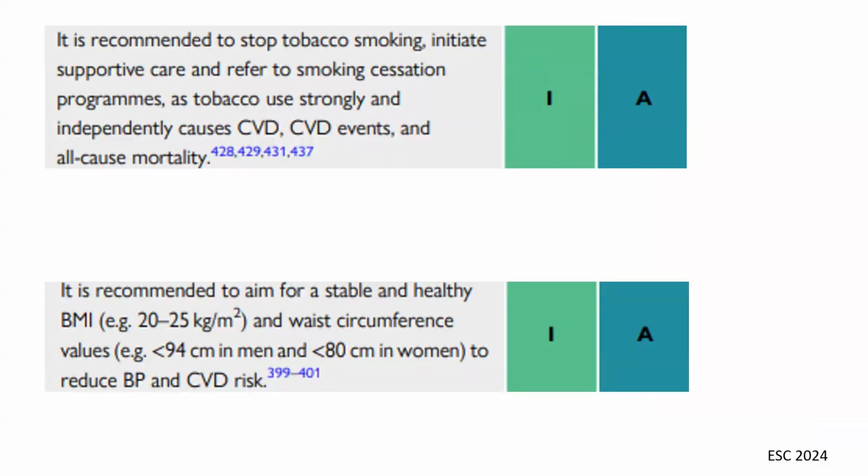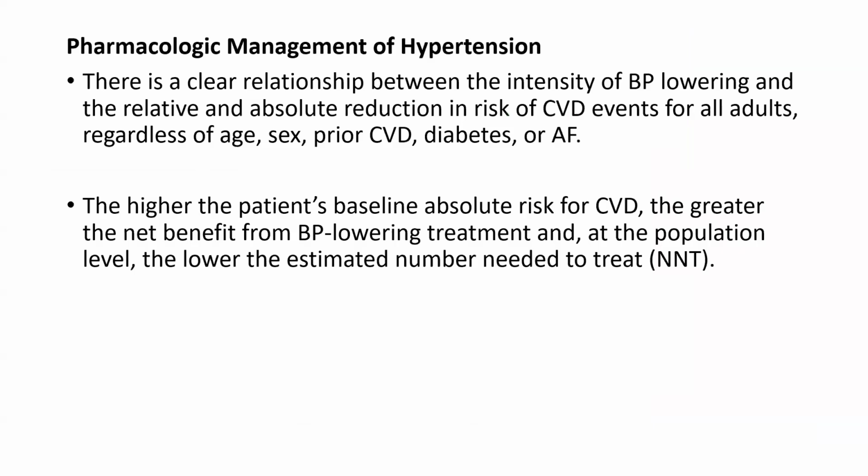The other thing is stopping tobacco smoking, and also patients should be encouraged to maintain a normal body mass index and normal waist circumference. These are the non-pharmacologic ways we can decrease the blood pressure level. When we come to the pharmacologic management of hypertension, we know that there's a clear relationship